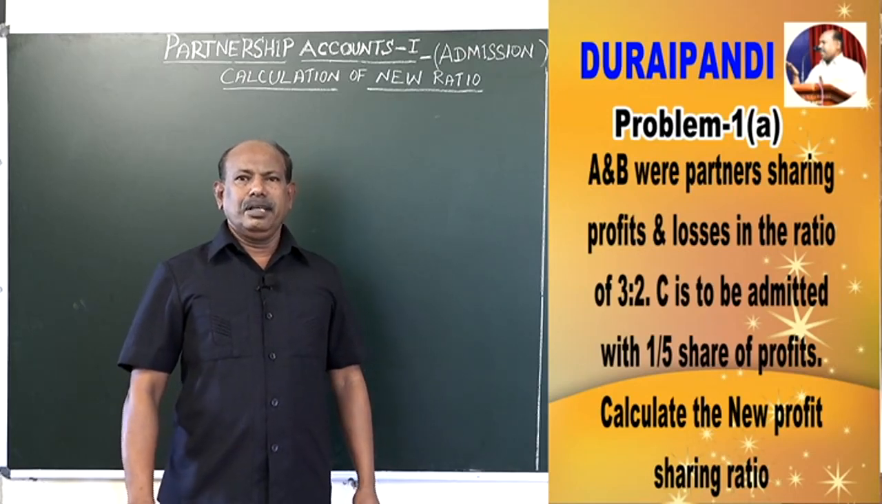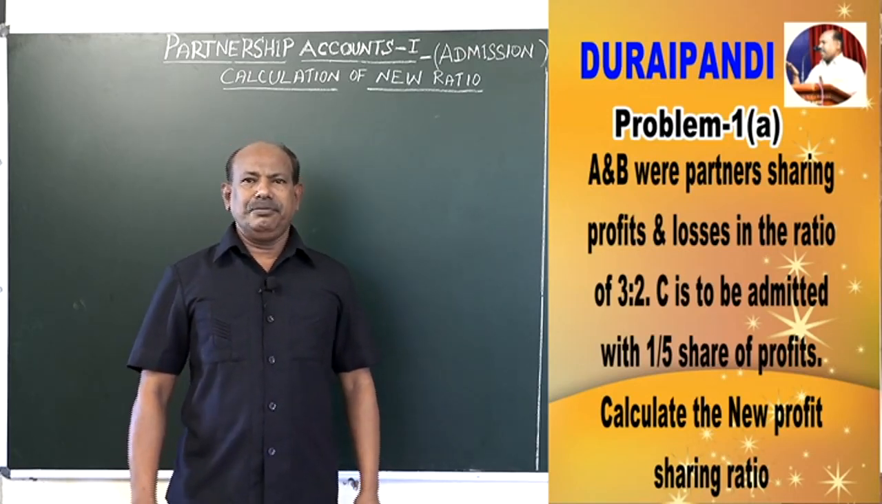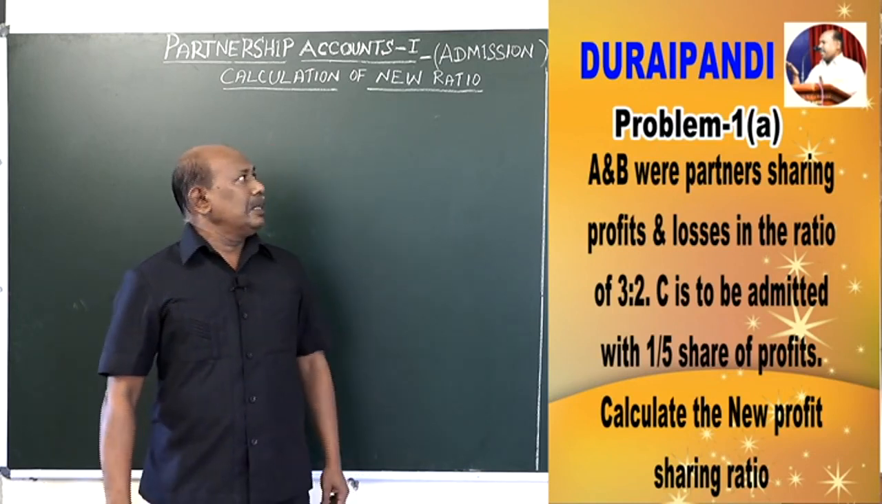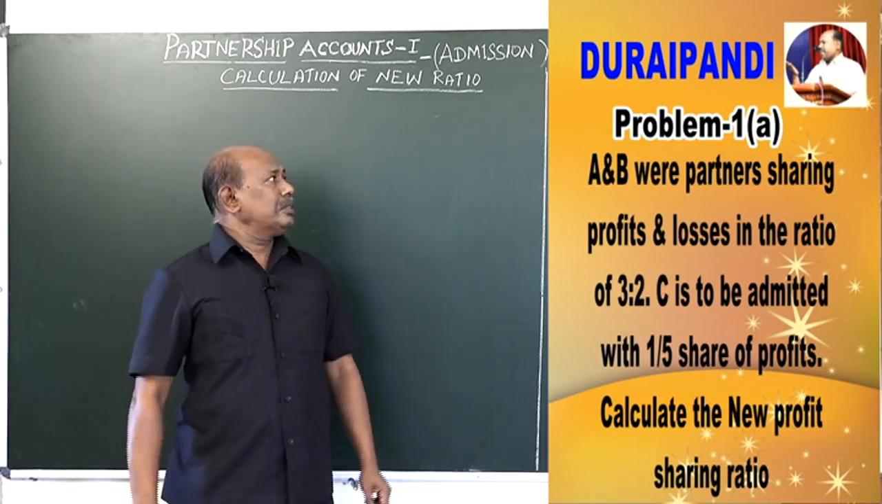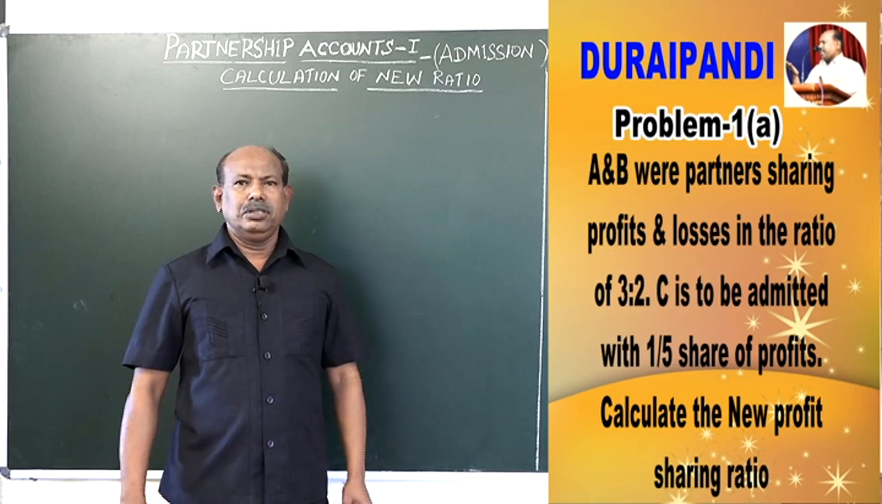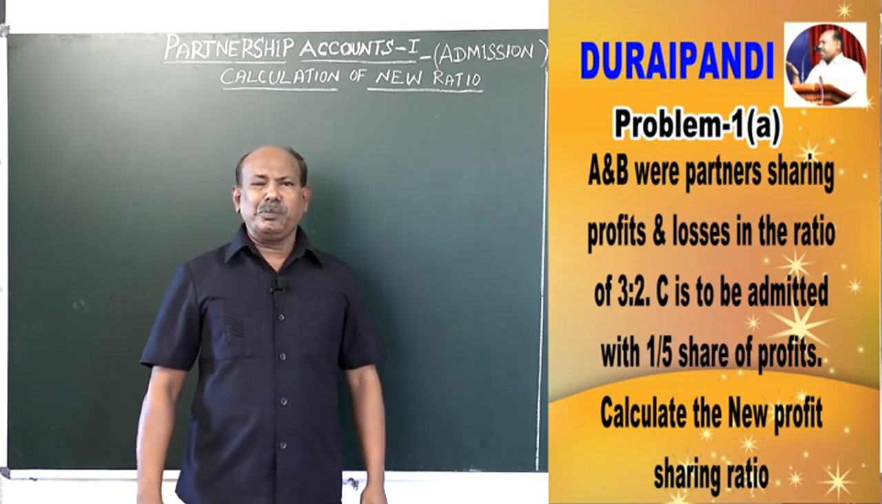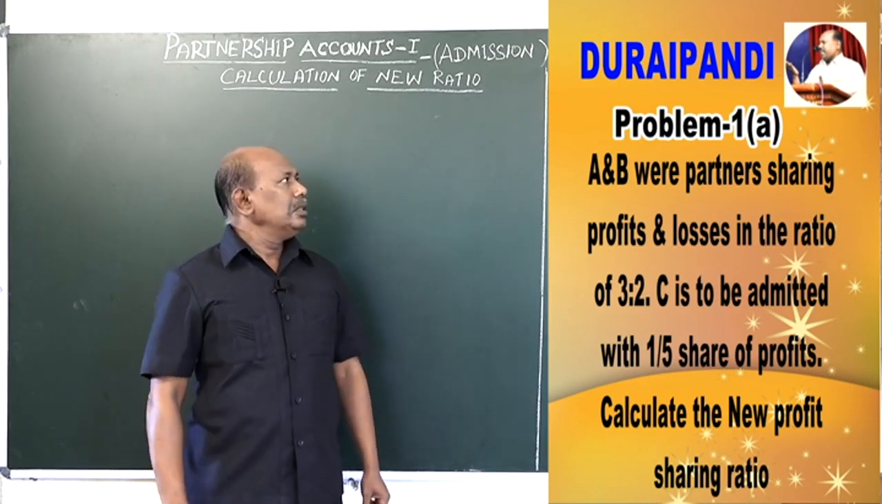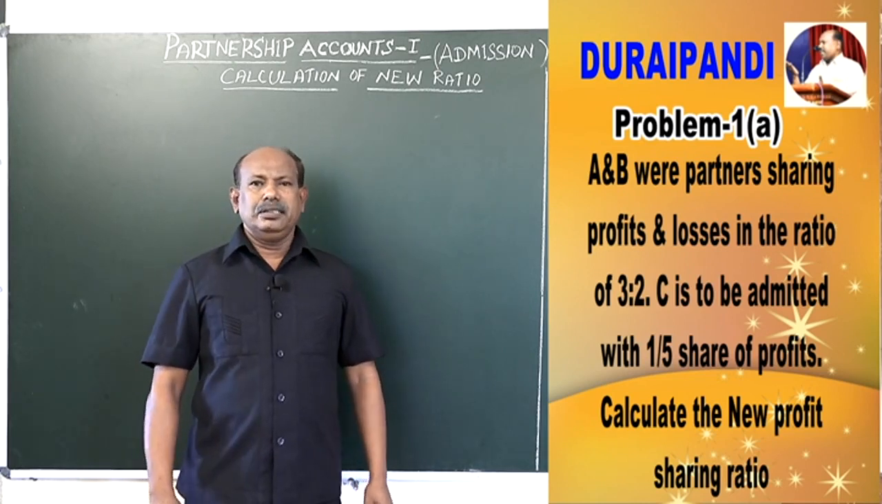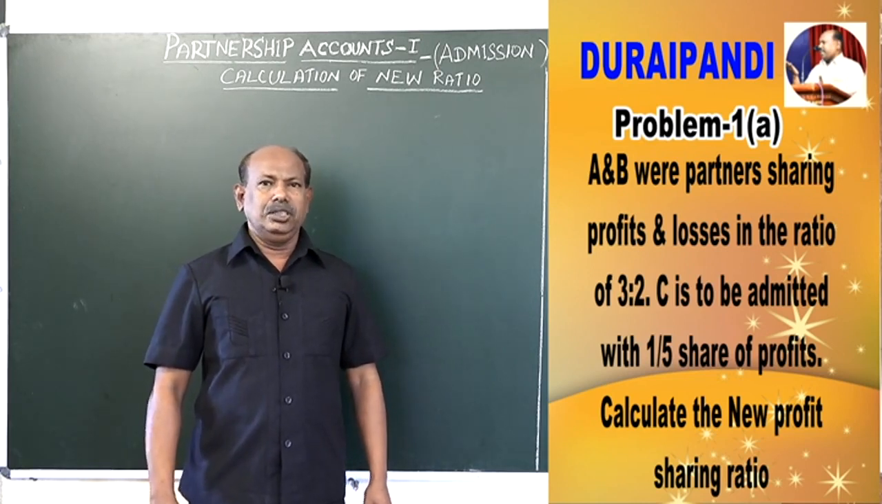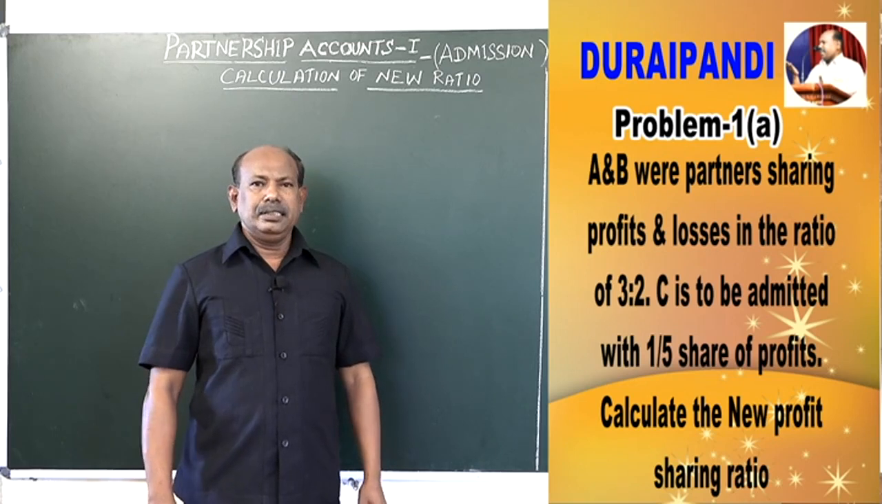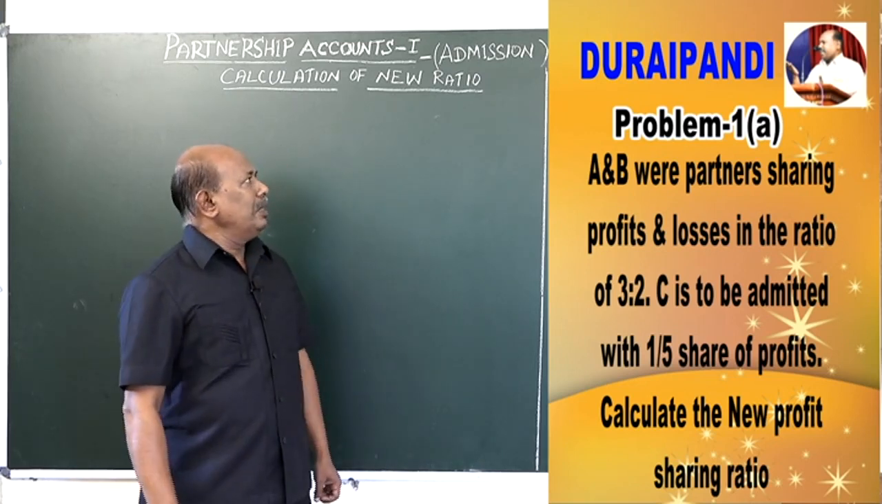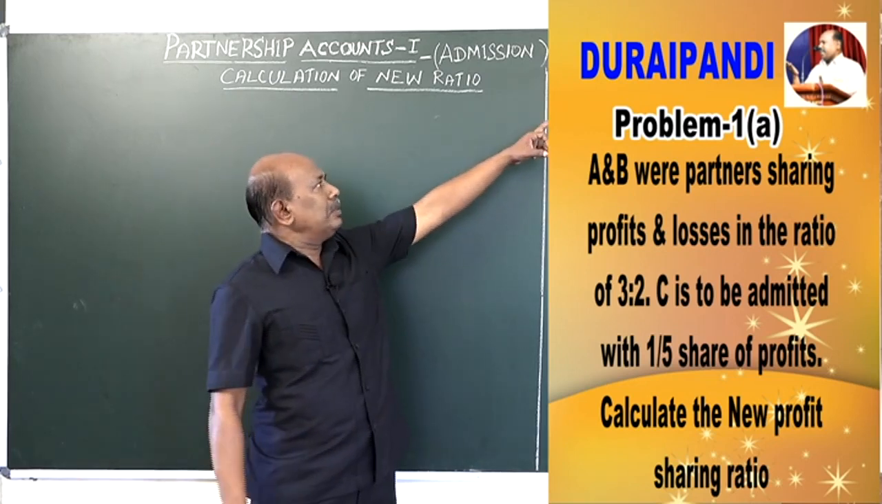Hi, today we are going to work out the admission of a new partner. In the admission of a new partner, first we have to work out or calculate the new profit sharing ratio. How do we calculate the new profit sharing ratio under various situations? If we look at problem number 1,